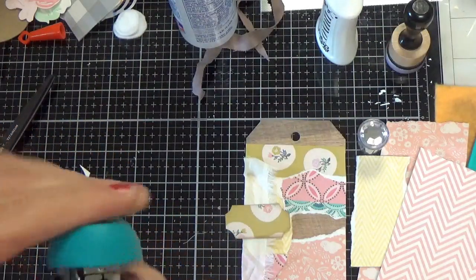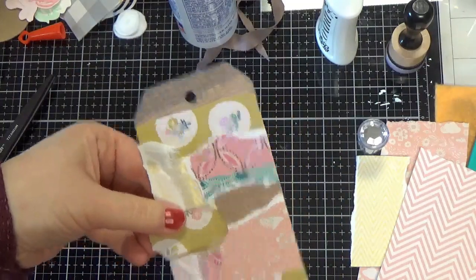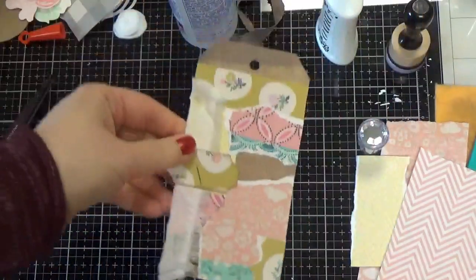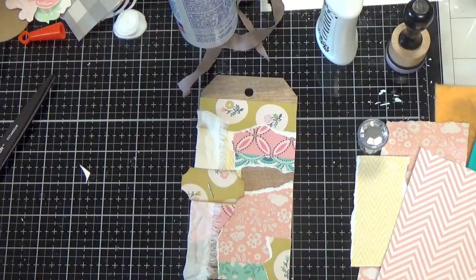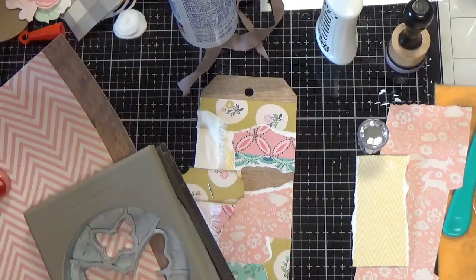Make sure there's staples in there. Mini We Are Memory Keeper staplers. And then you can go ahead and staple on there like that. You can also use your punches. This is a fun time to use punches and things where you can go ahead and, you know,